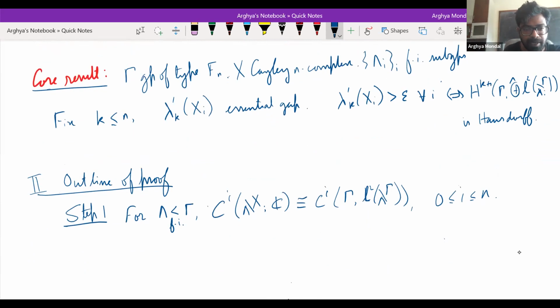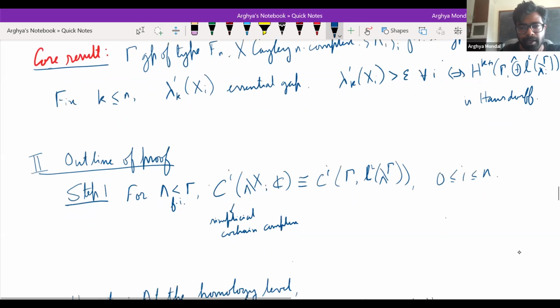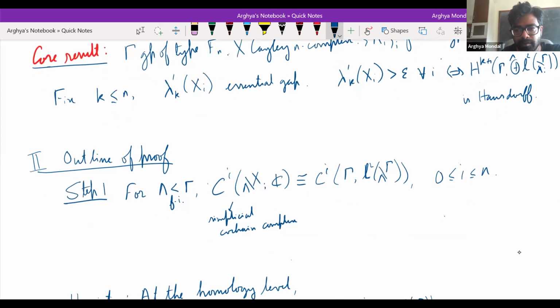Suppose Λ is a finite index subgroup of Γ, and you look at the simplicial cochain complex, and you look at the cochain complex of the group cohomology with coefficients in L2(Γ/Λ), but this